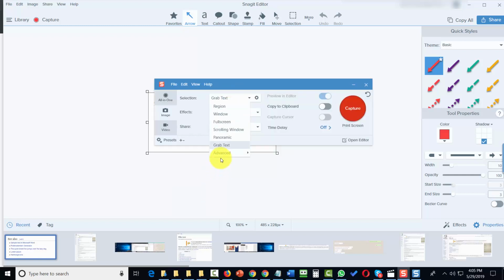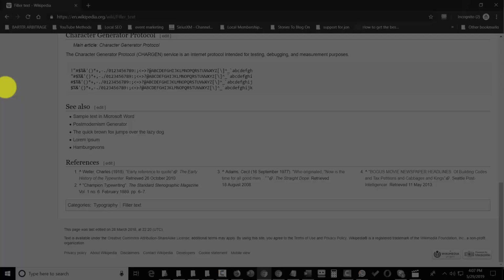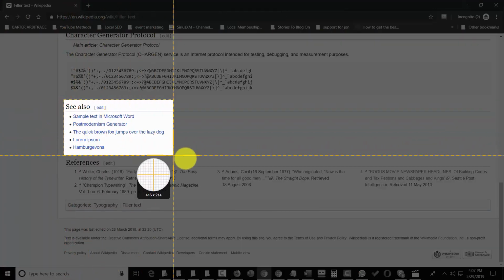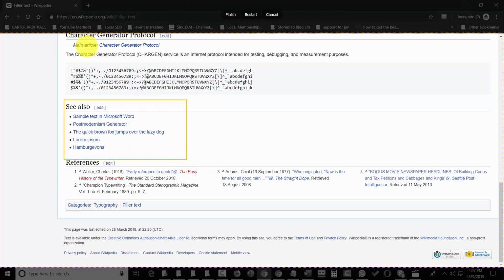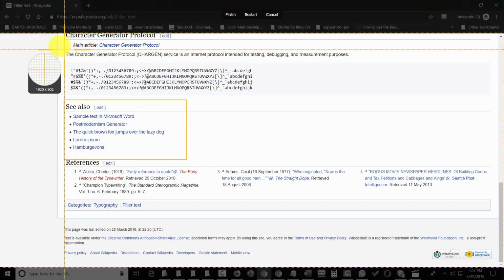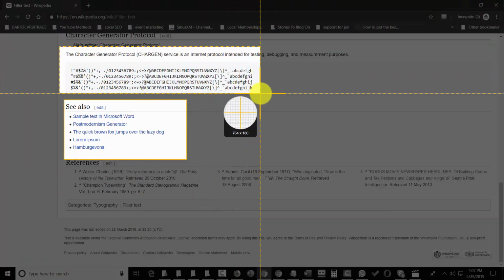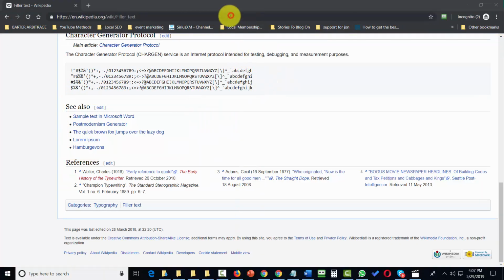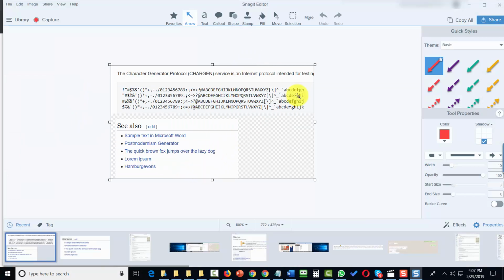Now there are also advanced features, and if we go to this advanced menu, you're going to see that we can capture a specific object. We can also select multiple areas. So in this case, we click capture, and what we would do is select the multiple areas. We'd select one area. We can select a second area. Once we release the mouse, we can then click Finish. That's going to bring us into our editor,